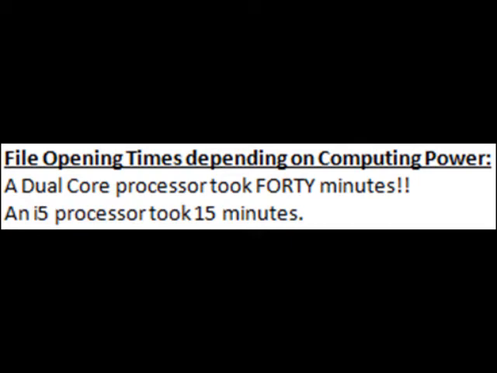Because the thing is, it appears once you finally get the file open that the save time and other functions within the file is a pretty reasonable time, either with something like a dual core or an i5 processor. So you might be able to just leave it open in the background, leave it open when you put your computer to sleep or in hibernation mode. Anyway, the reason I recommend the bigger file is because,